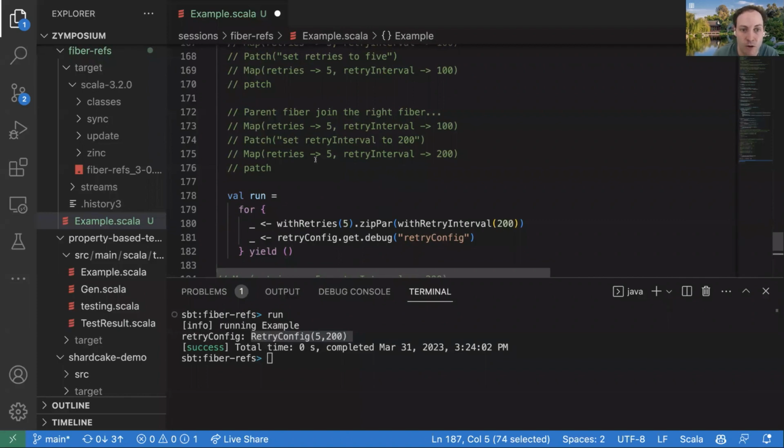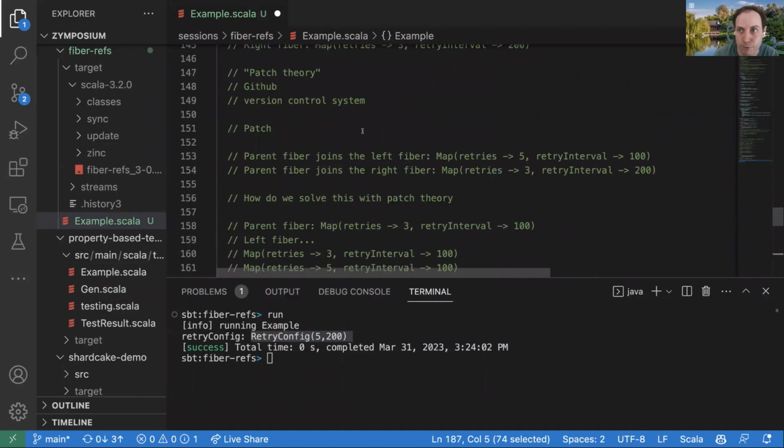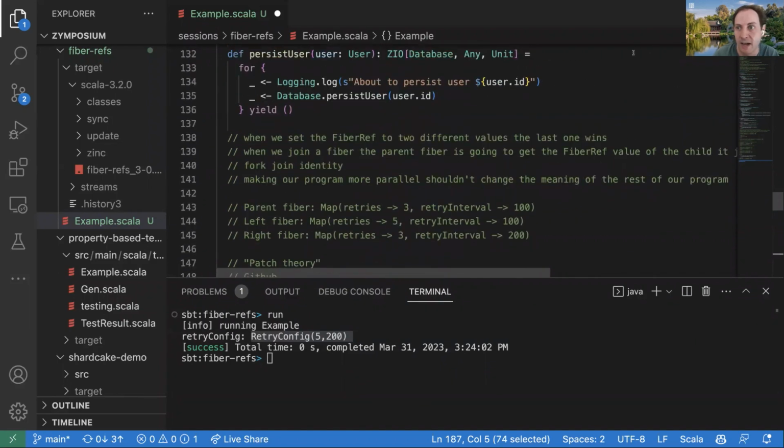But if you are ever doing something with a more complex structure in a FiberRef, this hopefully gives you some overview of how you could do that. So I see there's one question, so I'll try to answer that. And then